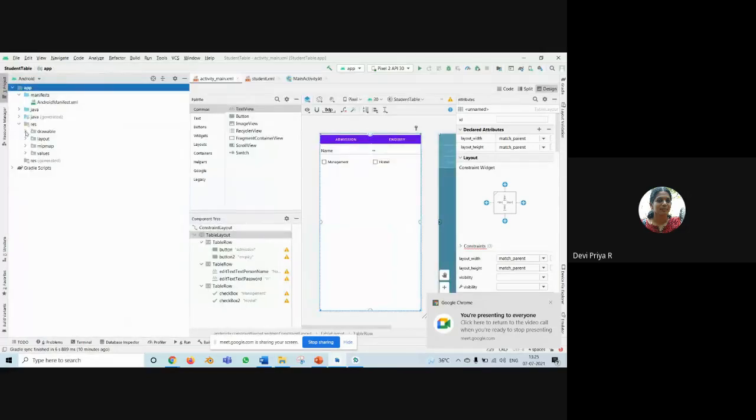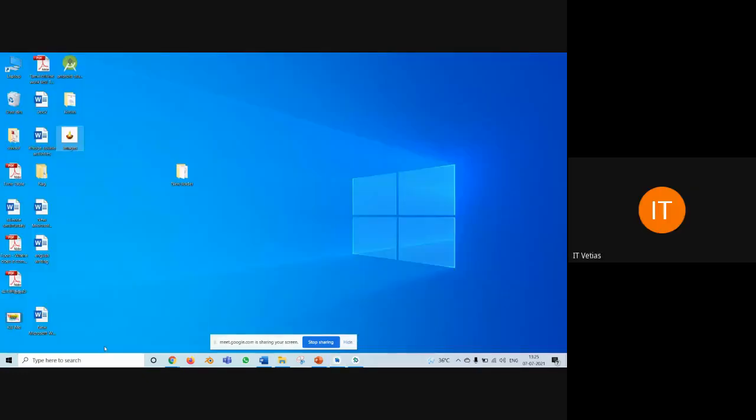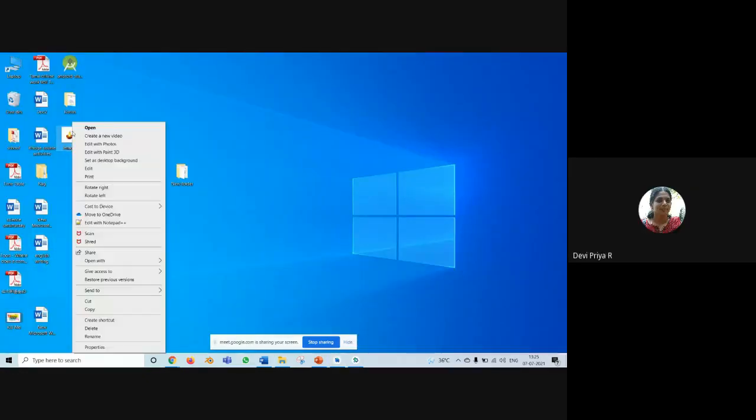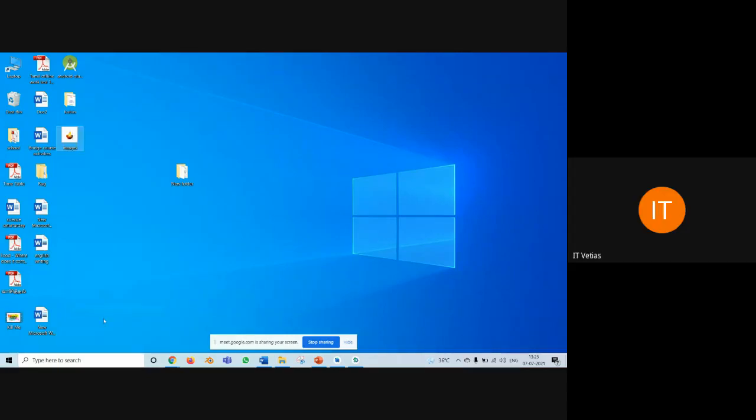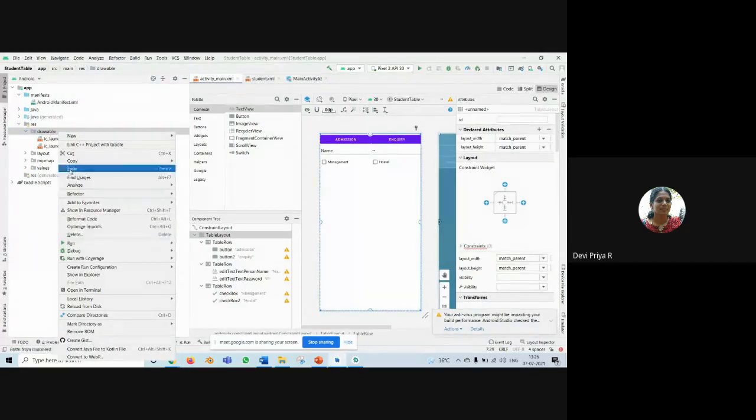Inside this RES folder, Drawable, this is another project, so I don't have that image here. Go to the page where you have your image, copy that image with Control C, click this Drawable and paste.